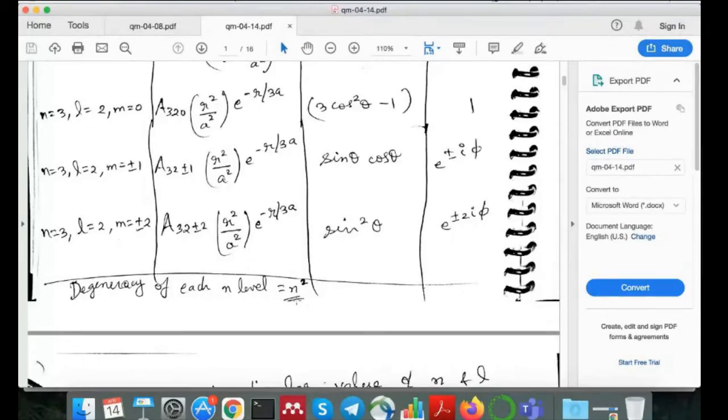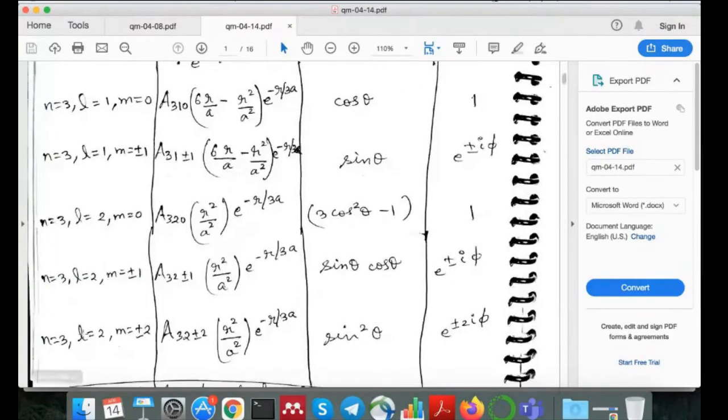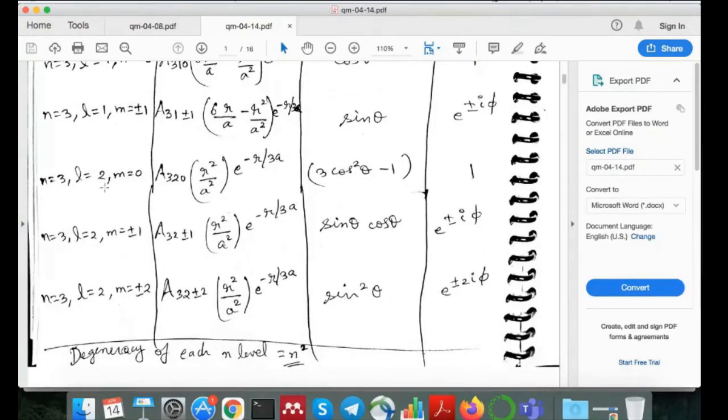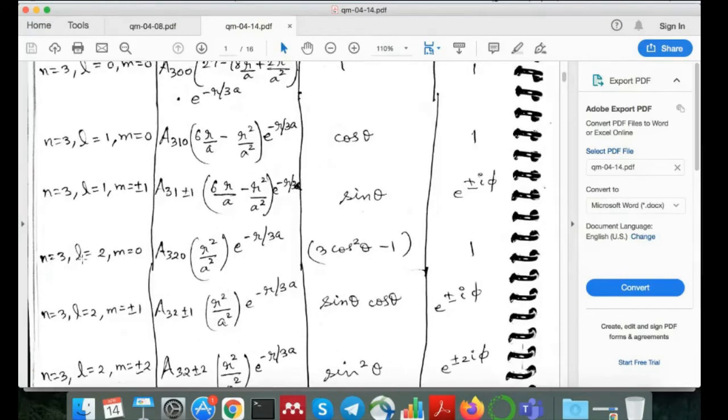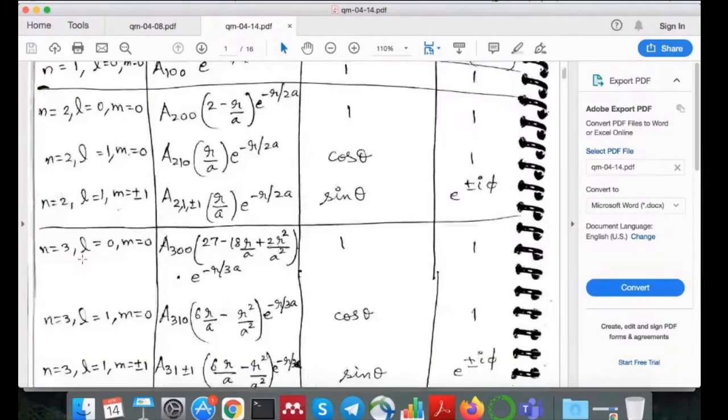Okay, so that is the pattern that you can see here. And you can also count, or mathematically prove by doing a summation, that you will get n square. I think this proof is there in the book and you can do it intuitively also. All right, so now let's see.